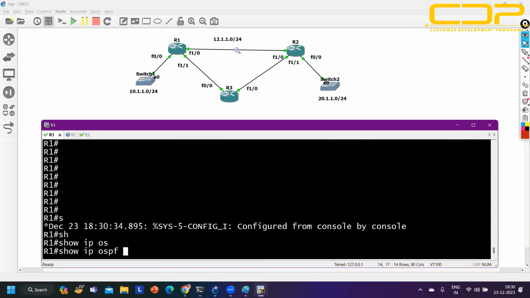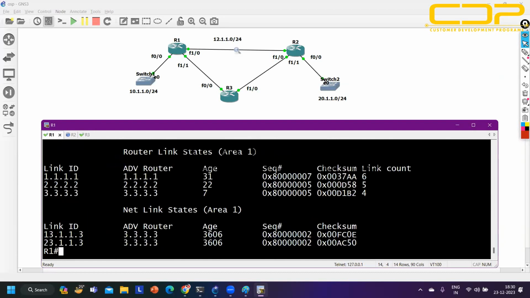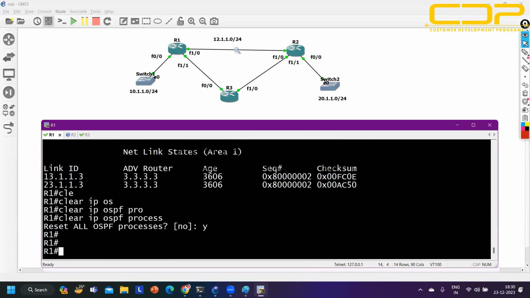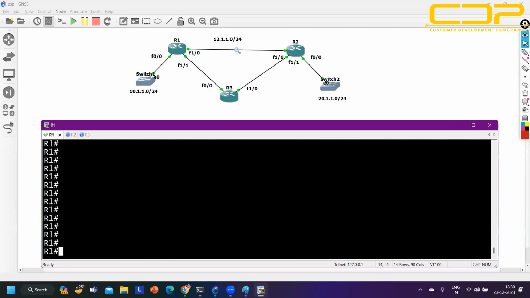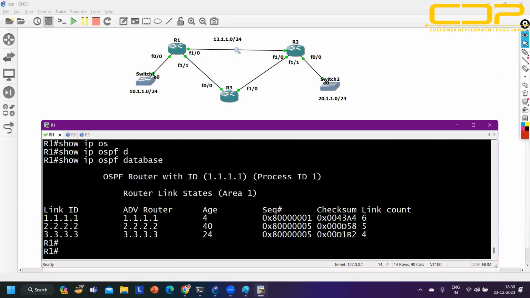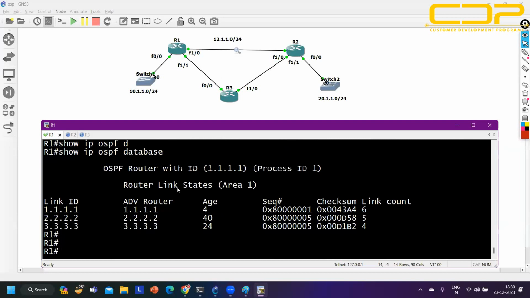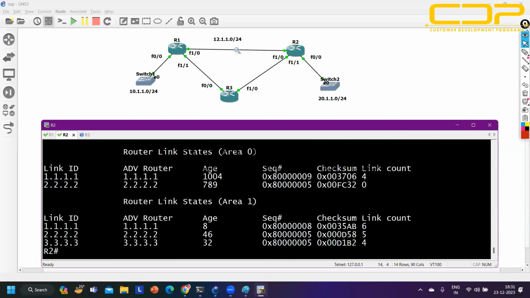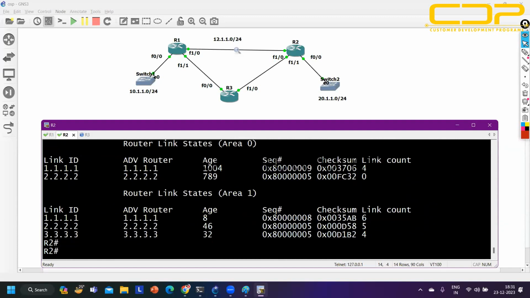So show IP OSPF database. Still we have network LSA from 13.1.1.x from 3.3.3.3. Clear IP OSPF process, yes. So show IP OSPF database. Now you can see the database, right? We have only a router LSA. On router number 2 also, show IP OSPF database. Here we have router LSA as well as